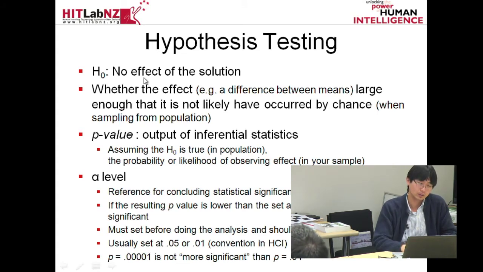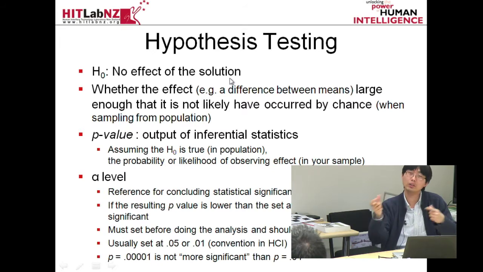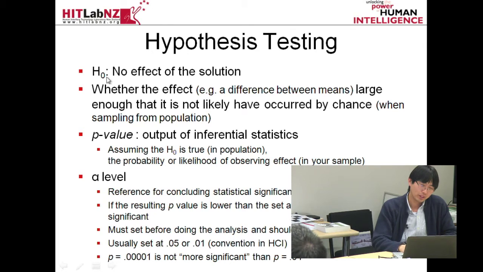So in most cases, the null hypothesis is written in a way that there's no effect of the solution, which means there is no difference between the interfaces, which means that the new design you made makes no difference and is the same as the old one, so it's no use. So that's the null hypothesis, which you want to reject with the